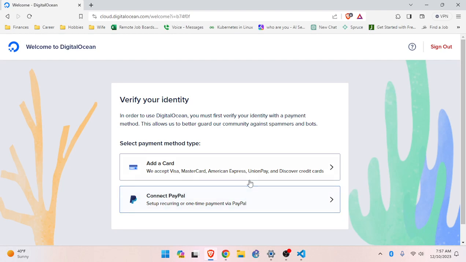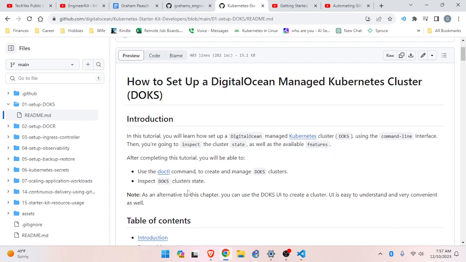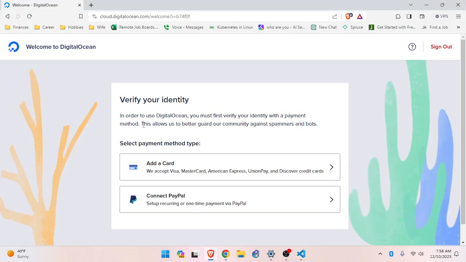Yep. So, man, it's so frustrating. So you have to give them a credit card if you want to complete EngineerKit. If you want to complete this section of EngineerKit, which is part of a generalist skill set, you have to do this. And the really frustrating thing for me is, what's it asking for? So you can give it PayPal, or you can give it Visa, MasterCard, American Express.